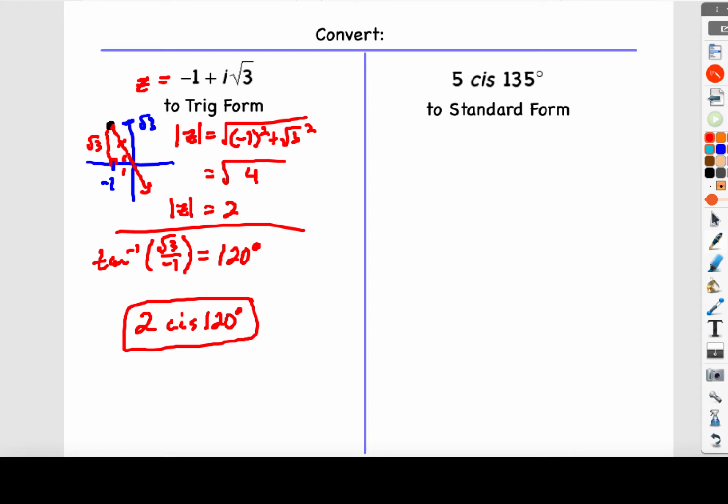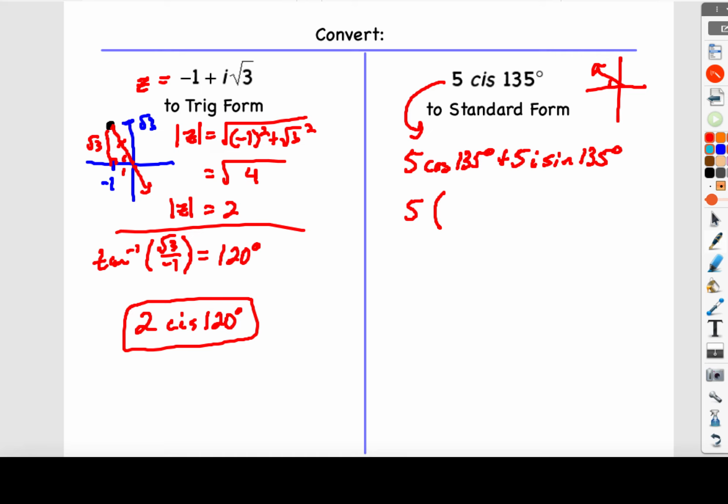Now to convert out of trig form, we kind of have to just type this in. But first I need to re-represent this. Again, I'm going to need these two separate parts. So that CIS notation is not as helpful now. So I'm going to go ahead and say 5 times the cosine at 135 plus 5i, the sine, at 135 degrees. Which the nice part is, again, those are just 45-degree angles, right? Or a 45-degree angle over into quadrant 2 here, right? So basically, we can say that's 5 times cosine being negative in that quadrant, negative root 2 over 2,